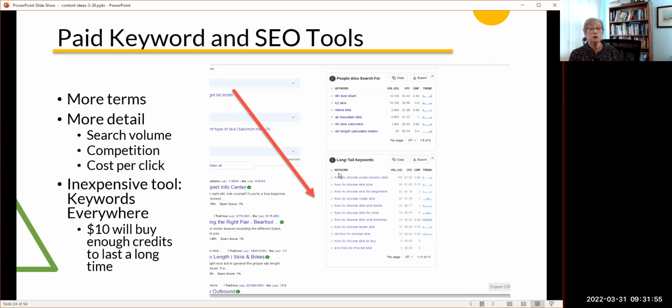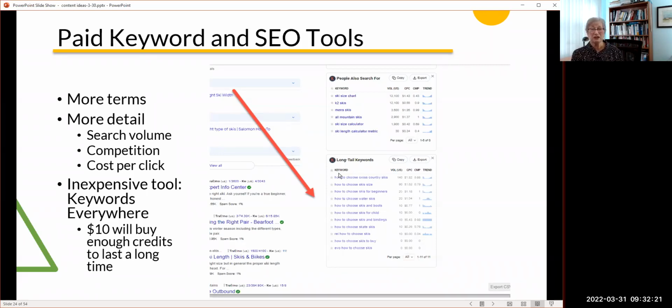And there is a tool called Keywords Everywhere that's pretty inexpensive to use, that will help you find that information. With Keywords Everywhere, when you type in a search query, it will show you not only some related searches, but how many times people have searched for those, what the cost of buying the keywords are, and how competitive it is.